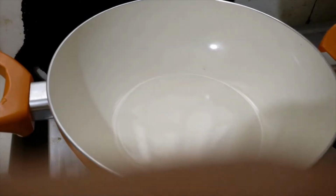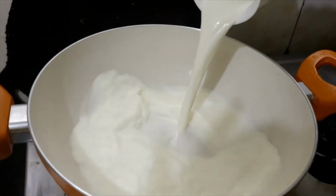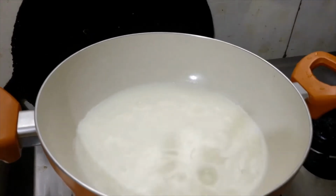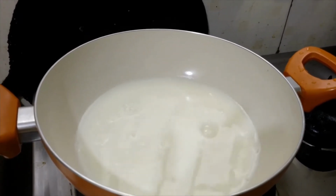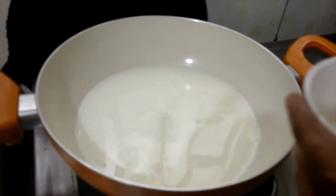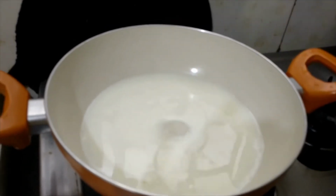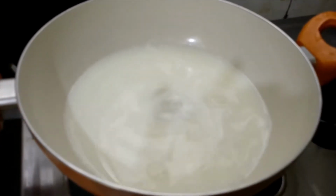Next, heat a pan and add in about 1 or 1.5 cups of milk. Now this is about 250 to 300 ml of milk. Into this, add 5 to 6 tablespoons of sugar. Now I know that refined white sugar is not the healthiest option that we can have, but I will be